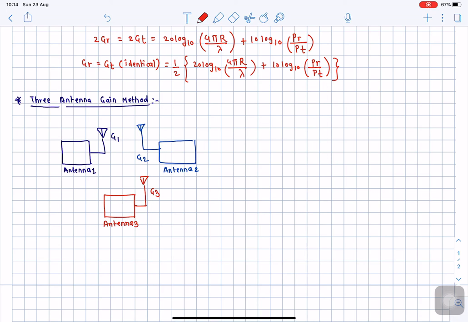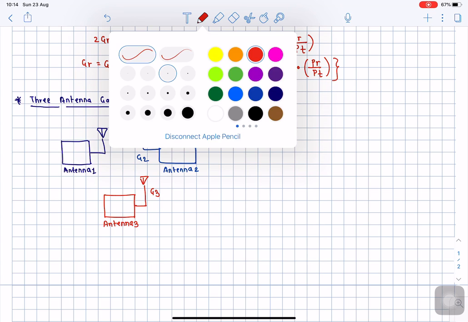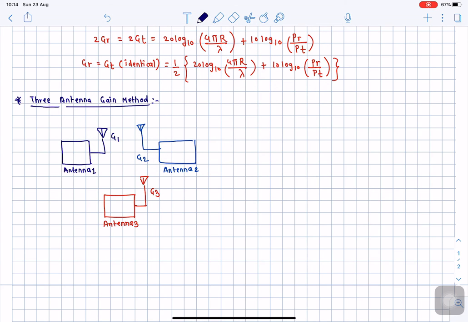So how can we develop the simultaneous equations, by taking into account the gains of any two antennas at a time? This can be written as, let us say, the power transmitted by antenna number 1